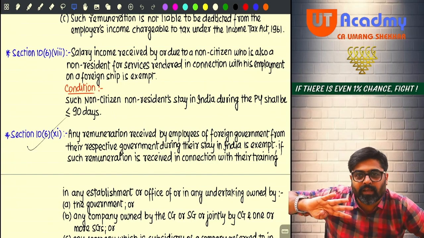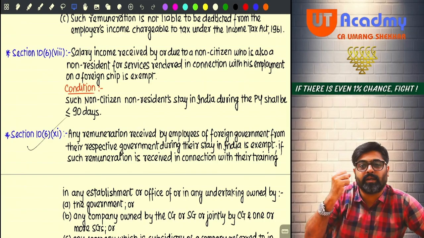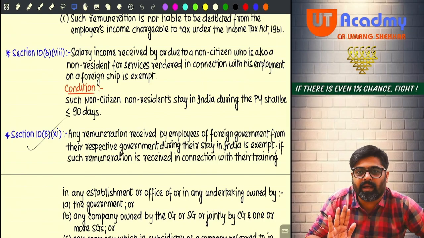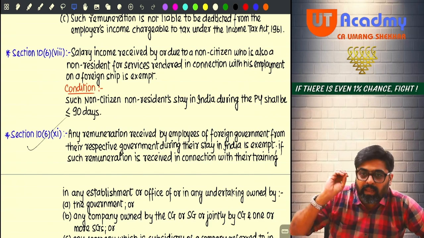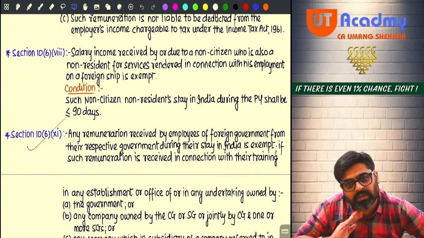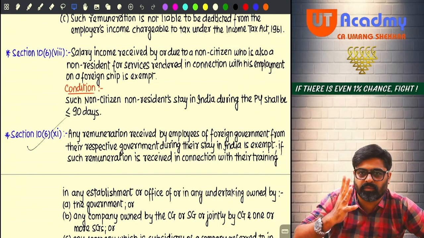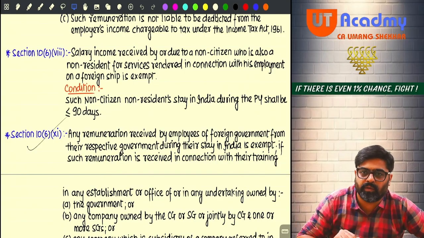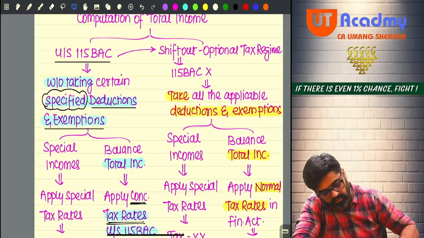In these 4 cases, even if the salary is received for rendering services in India, even if it is Indian income, even if it is deemed to accrue or arise in India, still it will be fully exempt, provided a few conditions are fulfilled. Okay. So first one,